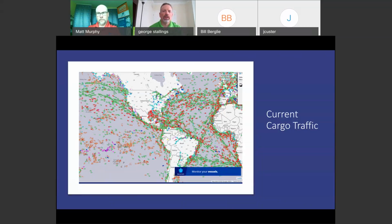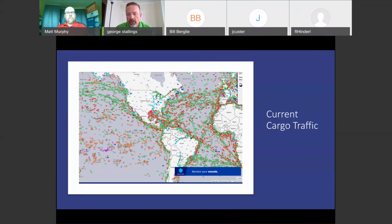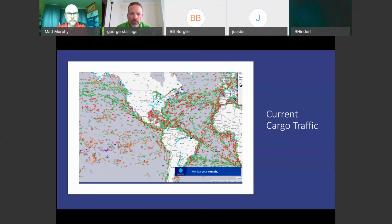Even if your product's made in the United States, maybe some segment of that is imported. So that's what the shipping channels look like as of this weekend. The green are cargo ships. Each other color, the oil and gas business is in that orange, but the green is cargo. And so there's a big problem with getting products right now. From China before COVID,